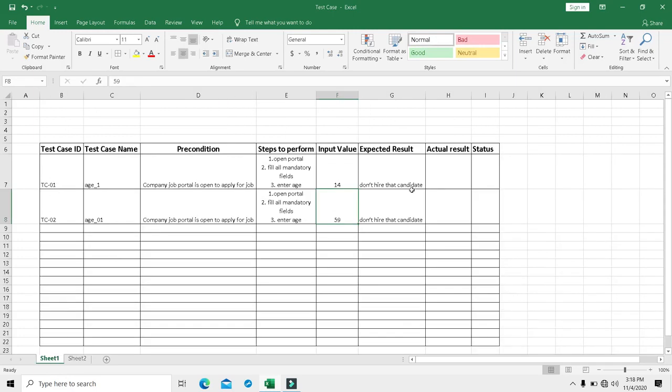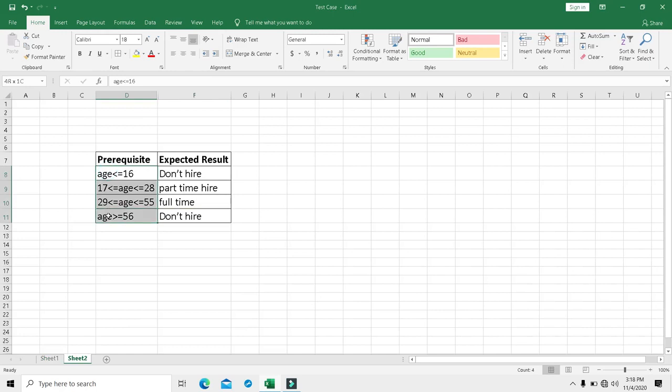So these two cases we have written are for equivalence partitioning, because we have divided this input domain. In this input domain, the valid input domain is, if the age of the candidate is between 17 and 55, then this is my valid domain, because if the candidate belongs to this age group, then his application is going to be considered for that particular job position.